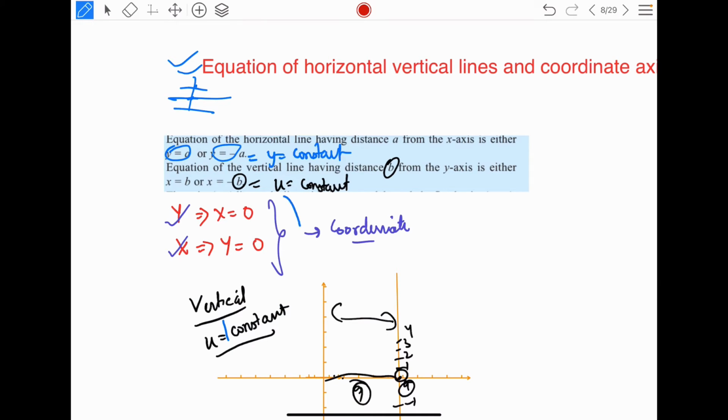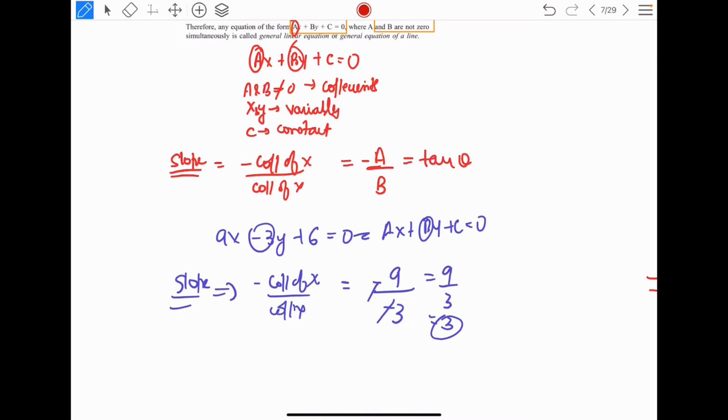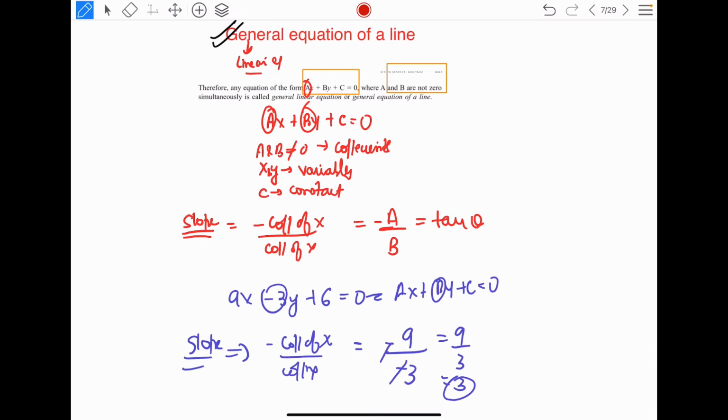Okay, so now we will take up a question on the general equation of a line. These were some particular cases. Now this general equation, ax plus by plus c is equal to 0. We'll discuss how to get the slope, everything from this equation. Alright, just a second, we'll take up the question a little later because for that question we need to understand a bit of the other forms as well. Then we'll take the question on the general equation.